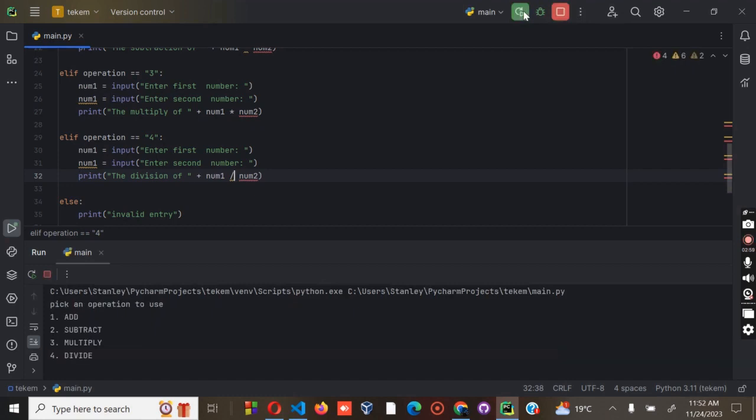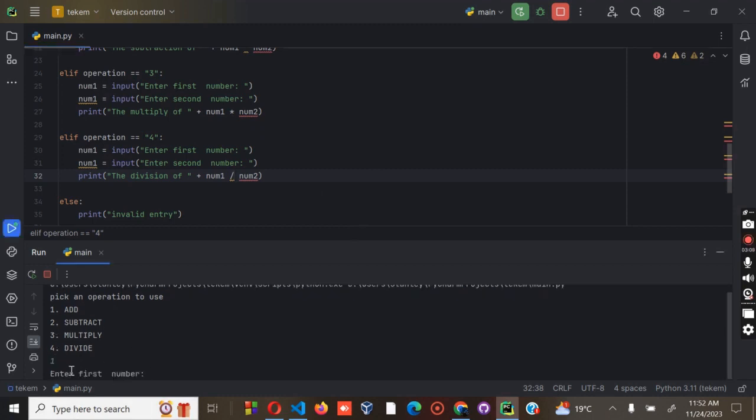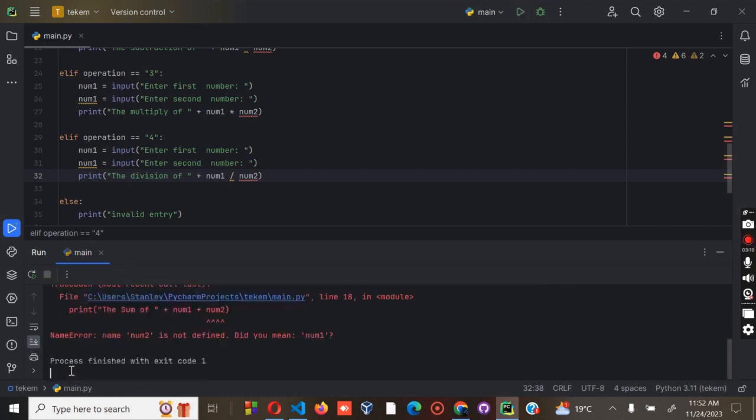Okay, let's try to run our code, and we can see that right now it's not showing any kind of error. Okay, let's try to key in a number. So let's try to enter the first number 2. There's a second number, that's our 5, 3, and